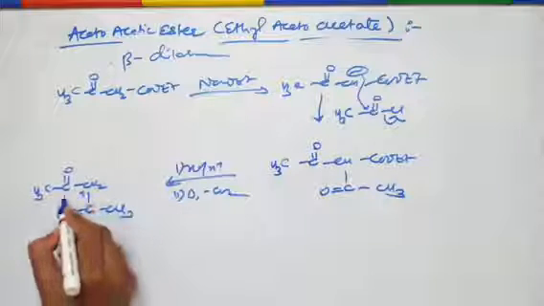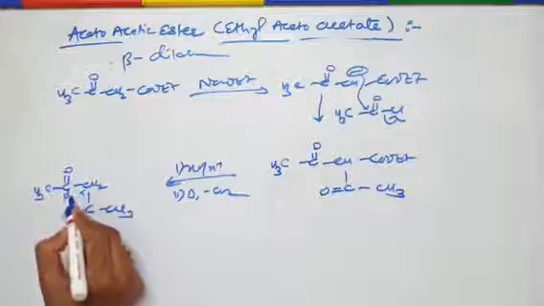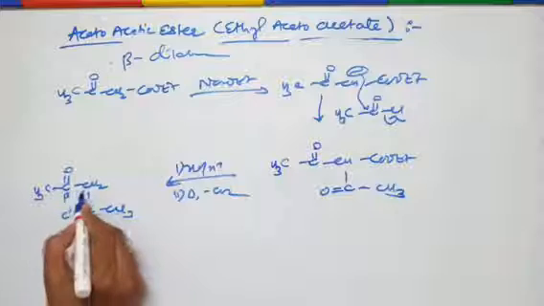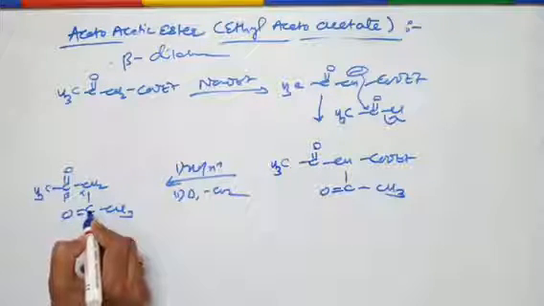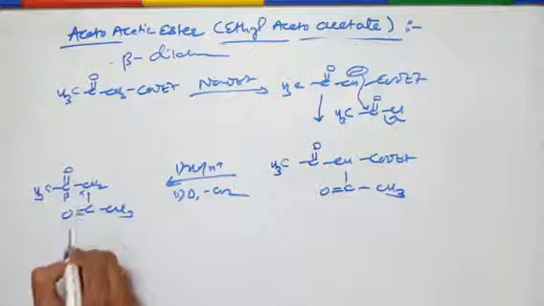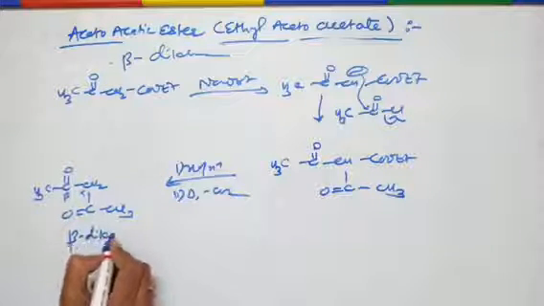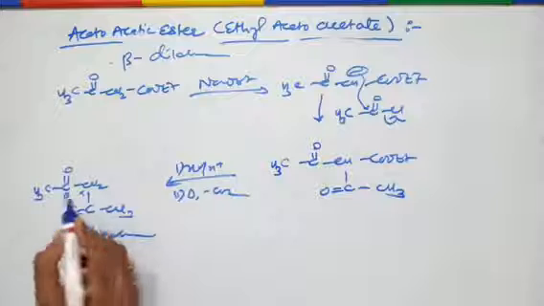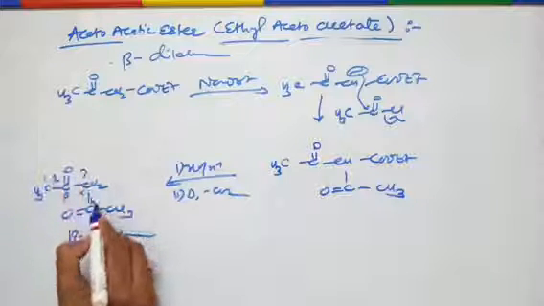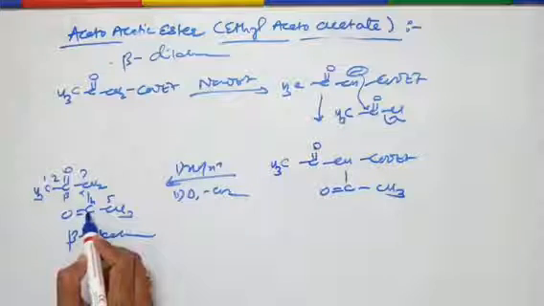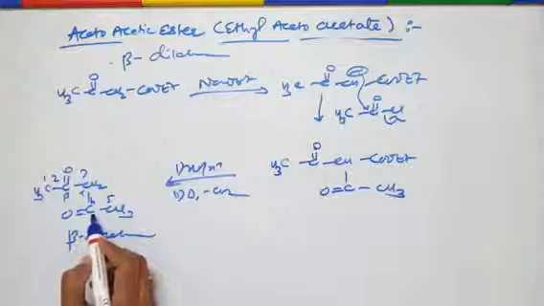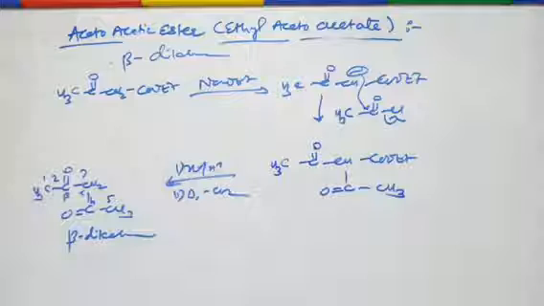So this is the alpha carbon, and beta there is a ketonic functional group. Similarly from this side also this is alpha and this is beta carbon, which contains the carbonyl functional group, therefore we call it a beta diketone. And the IUPAC name of this compound is: 1, 2, 3, 4, 5, total 5 carbons are there, and at 2 and 4 position there is a ketonic functional group, therefore it is 2,4-pentanedione. So we have finished with the synthetic applications of ethyl acetoacetate or acetoacetic ester.